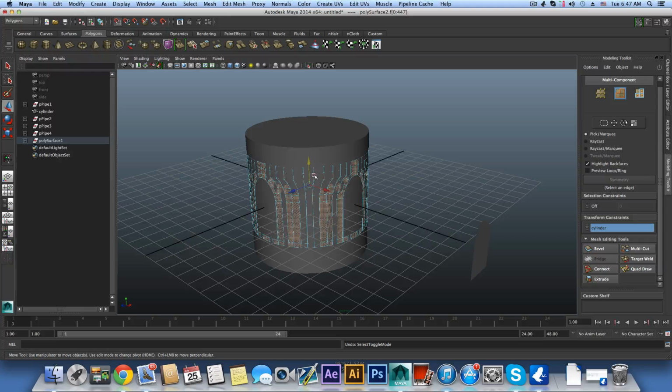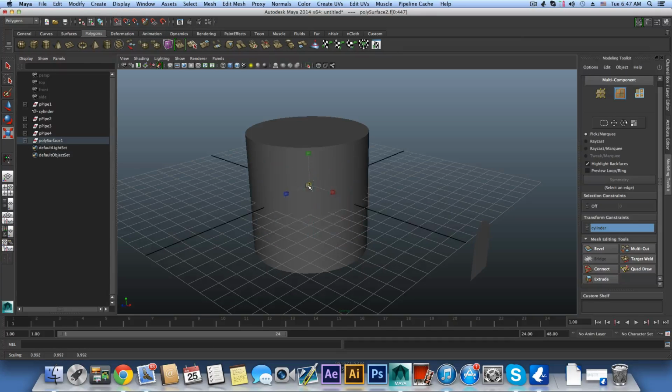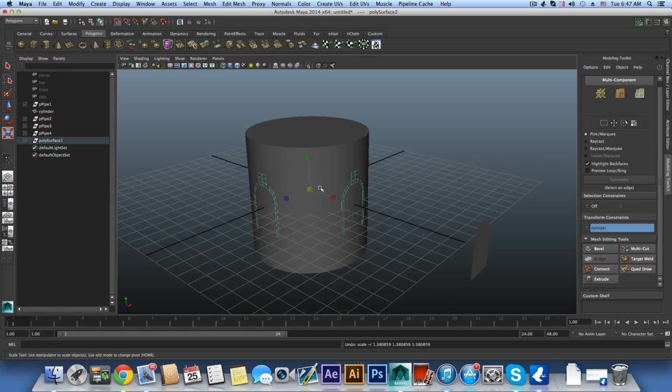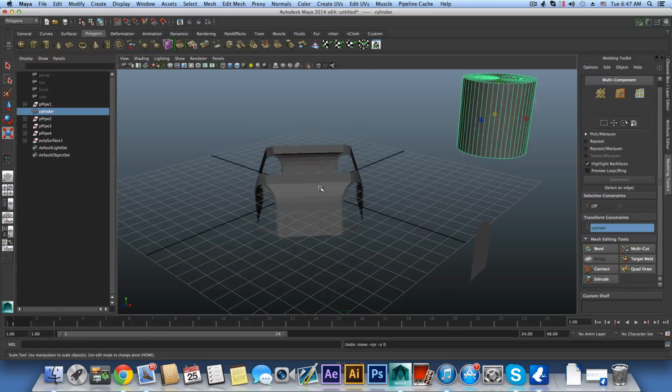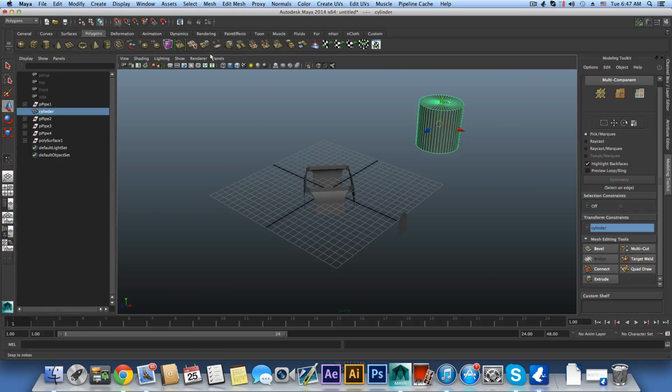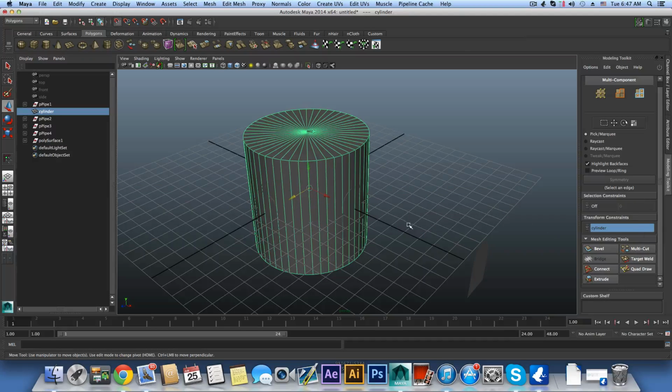I'm going to play with it a little bit with the scale tool and try to undo that and undo that, and maybe just better that I will bring this back to where it was, bring this to the middle again,